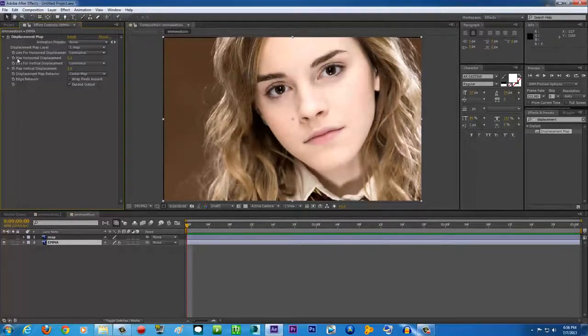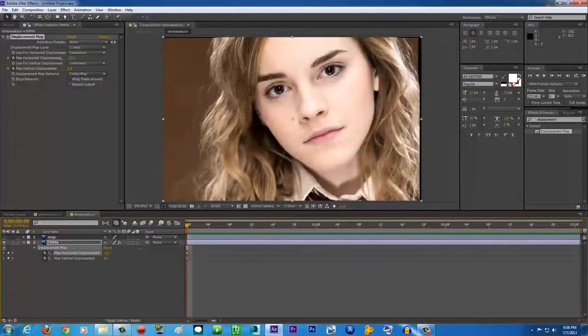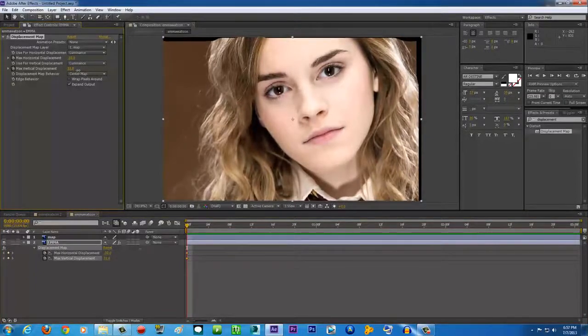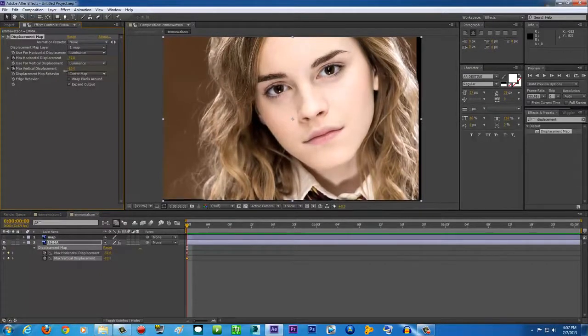You're gonna click something that looks like a clock here, and also the vertical displacement, click it, and on the Emma layer just press U to show the keyframes, and then maybe on this keyframe we're gonna have Emma facing on the left side over here, and then for the vertical maybe facing down a little bit, make sure not too much, we're gonna screw up the image,